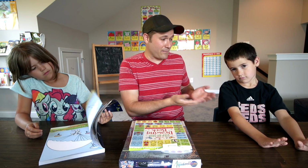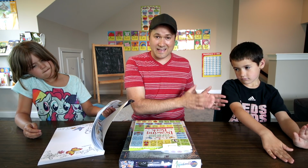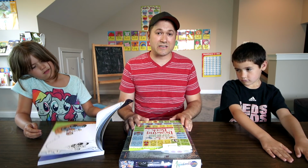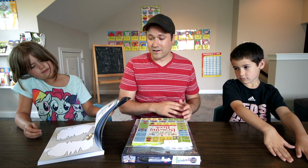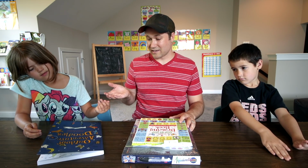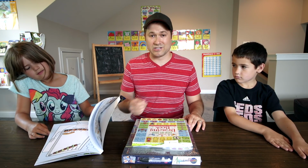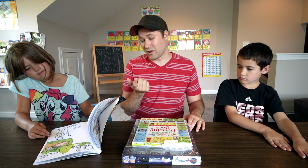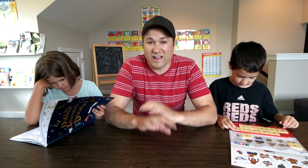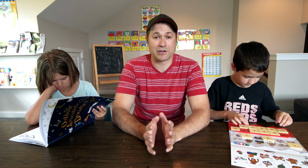That's how Zeke ended up in first grade. He's supposed to be starting first grade this year, and we've already finished it at this point. We can go at their own pace, work at the things they are really interested in, and then come back to the other things later. They become self-starting, self-motivated learners. Like Hannah, who says, hey, I just want to do that book. She doesn't need a teacher to sit here and help her because she knows how to read, she knows how to follow the directions, and she can figure it out and do it for fun on her own. To summarize it all, we really love Timberdoodle, and we're looking forward to doing the second grade curriculum again